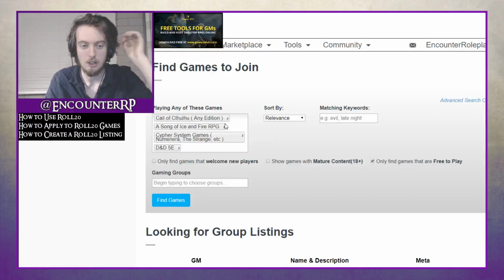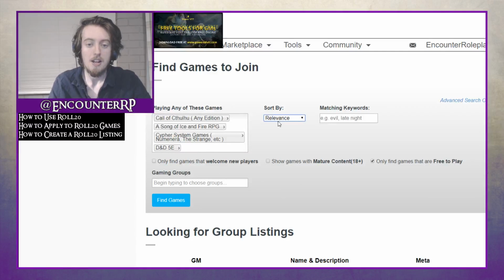You can be very specific. If you only want to find D&D 5e, or only Call of Cthulhu, only put those in. You can sort by relevance, or you can sort by how quickly they're starting. So if you're looking for something real quick, you can sort by starting soon. You can also add in keywords. I wouldn't recommend adding in too many keywords here,